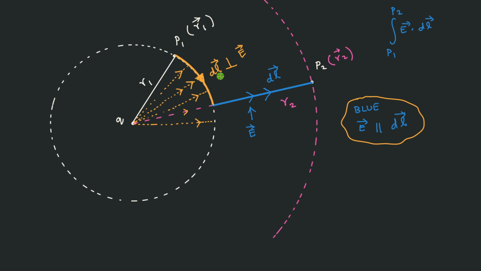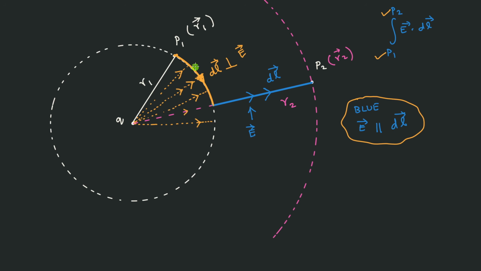So finally what happened? Did you achieve anything or not? So I am going to start from P1. This is my starting place. I will travel along the yellow color line, come at this particular point, and then I will start my travel along the blue color line and then reach my point P2. That means I will start from P1, I will end at P2. This integral I have to evaluate. That's all. So now this diagram clearly tells you that my integration will be done on a contour.